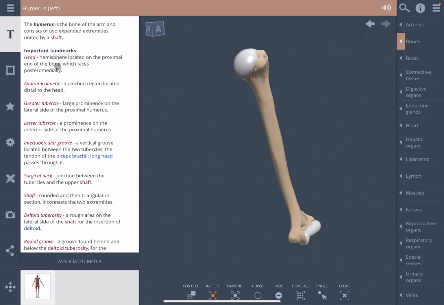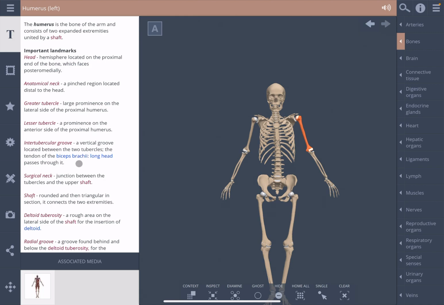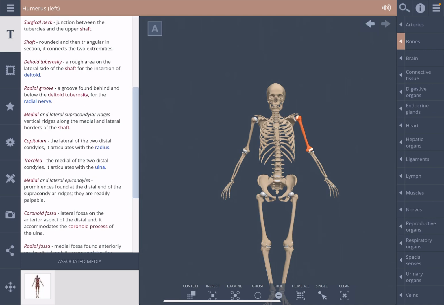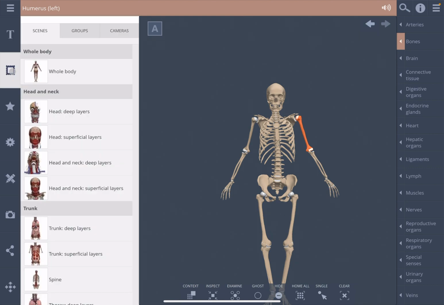You won't be required to know all of these. You're just required to know the ones that are in the lab manual. So always use that as a guide for what you're learning, because this is going to have way more information than you actually need to know. So that's what this T tab, this letter tab, is for. It'll give you a good idea of what this bone is all about, what's important on this bone, and maybe even how it functions. The second tab,